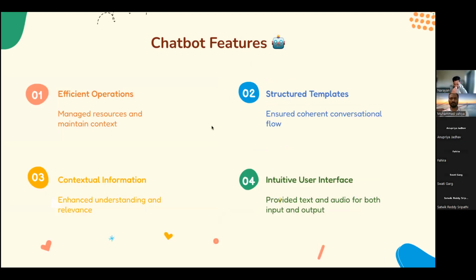These are the features of our chatbot: we are able to manage the whole app and maintain context, and as I mentioned earlier, we can provide user input through text or audio, both ways. We are maintaining conversational history as well. That is another part of our pipeline.